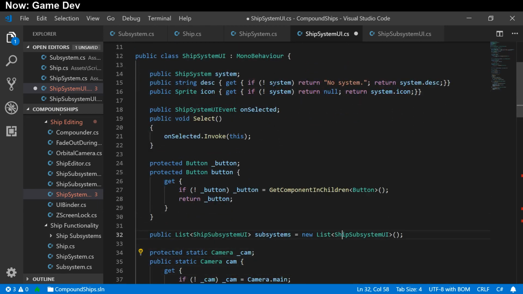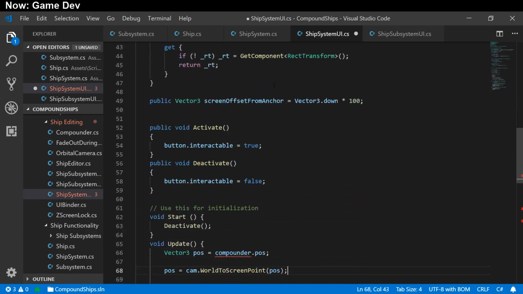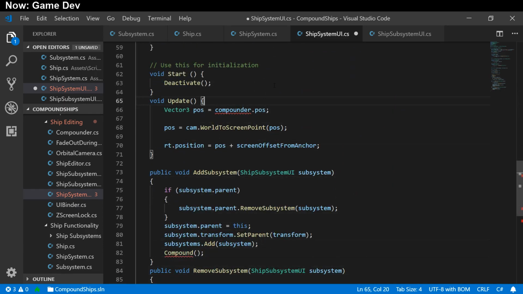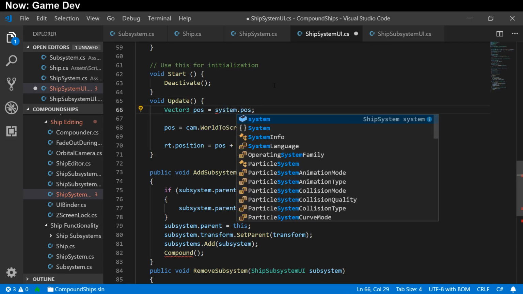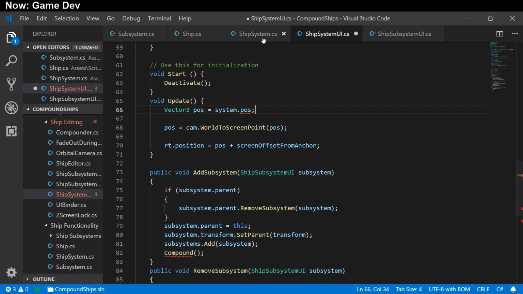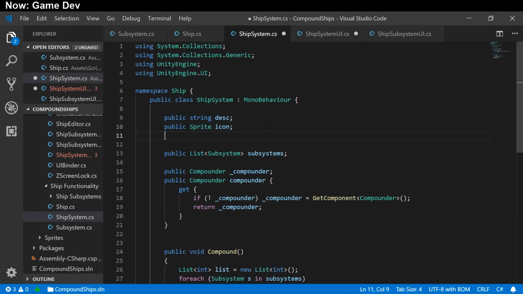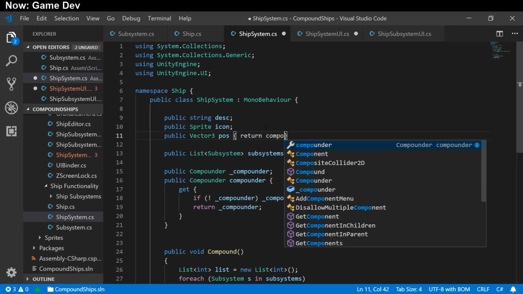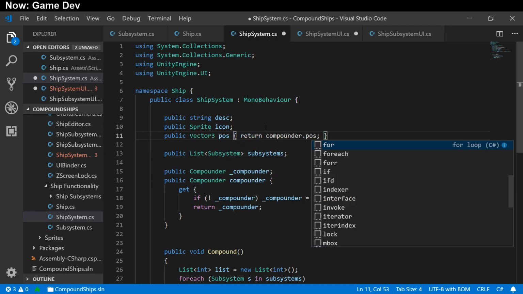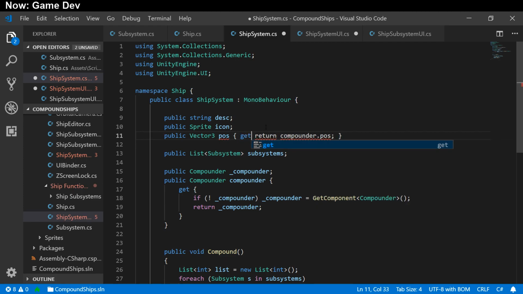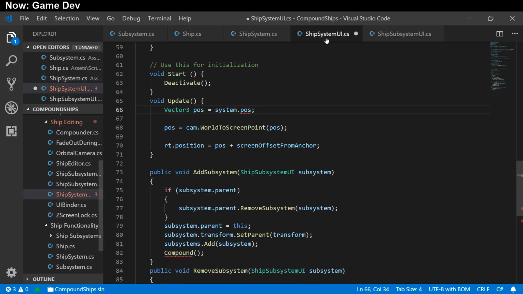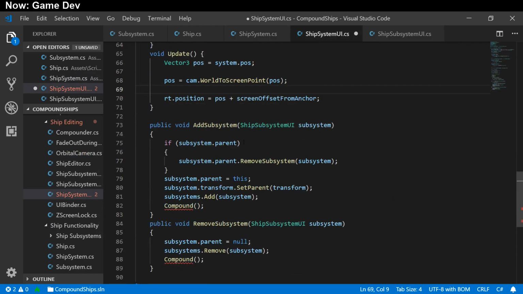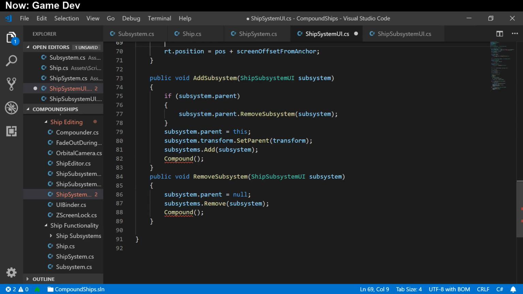And so now what we're going to do, down here when we are calling for the compounder, is ask it for the system position instead. And over here in the ship system, we're going to get the position in the same way that we just set it up over there. Public Vector3 pos, return compounder.pos. Oh, it has to be a get. There we are. And now everything should work okay, with the only problem being that we're currently doing the wrong thing here because